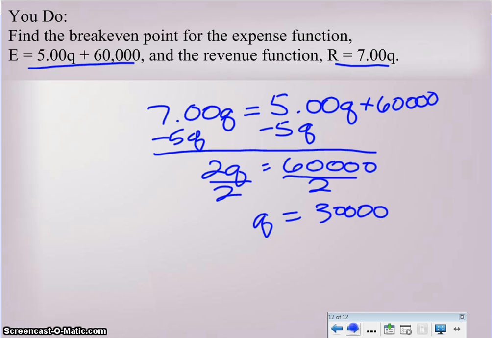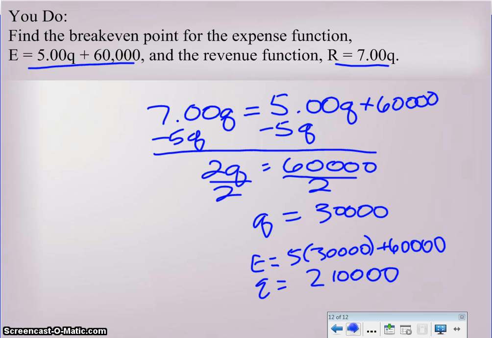Plugging that in, E equals 5 times the 30,000 plus the 60,000, which is $210,000 for my expense. So I'm looking at 30,000, 210,000. And that's it for this